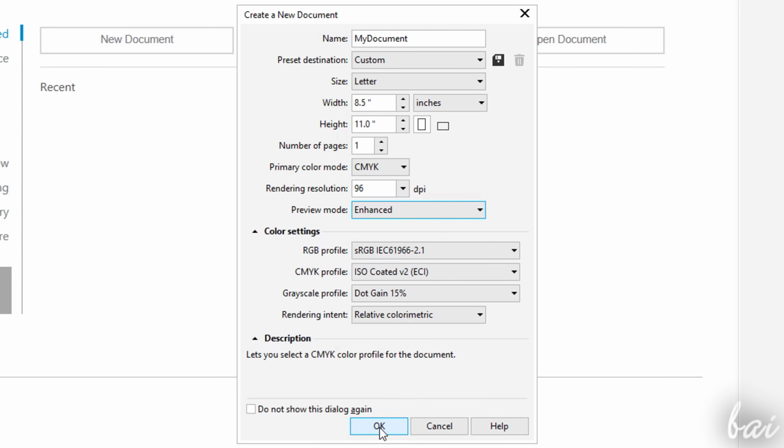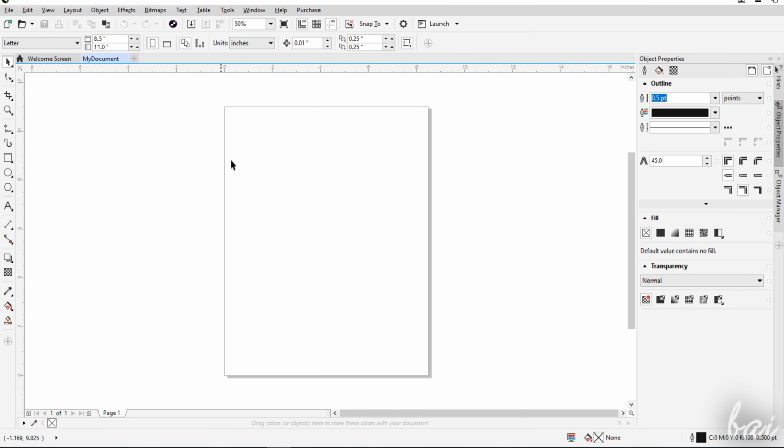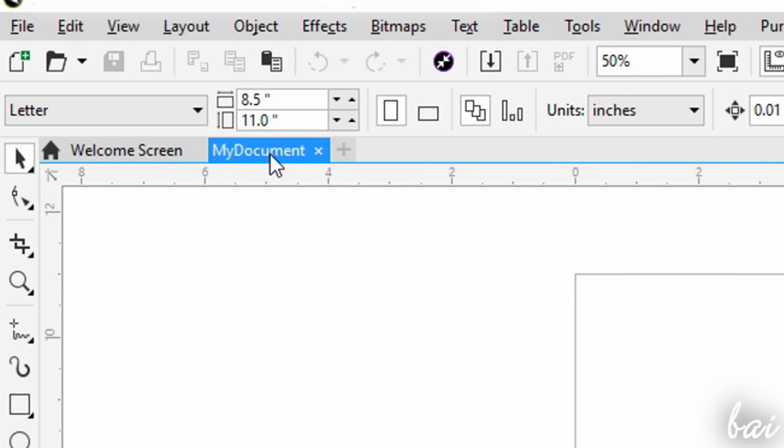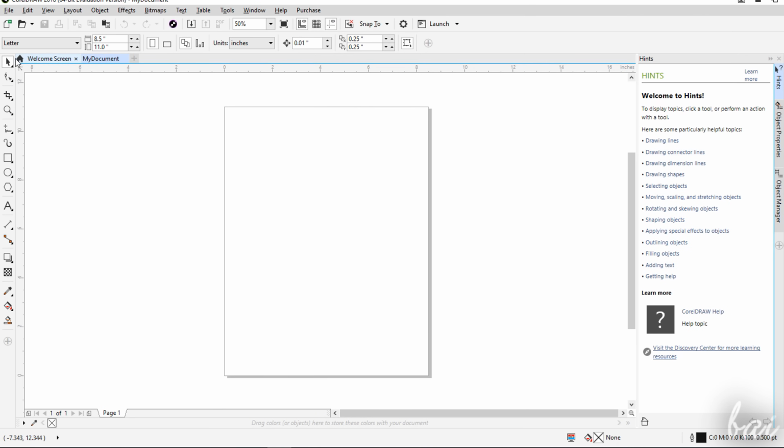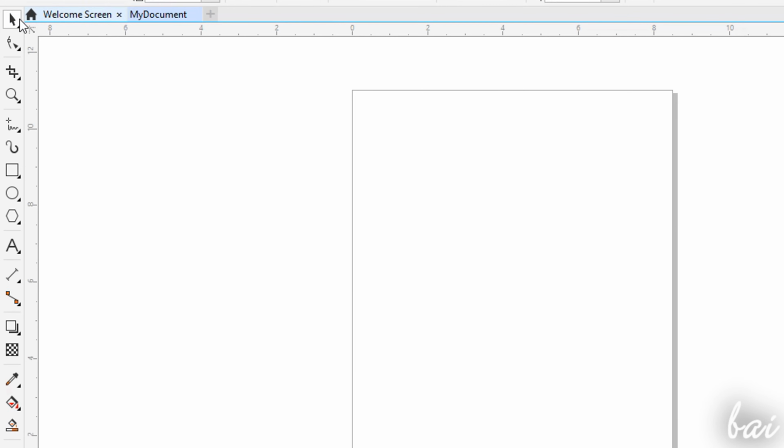When going to OK, the new document shows up on the workspace under a new tab with its name on top. All the main features are collected around the big document preview. On the left, you have the toolbox with all the main tools available inside CorelDRAW, divided in sections. Some of these buttons collect multiple tools inside when they show a black corner. In this case, just click and hold on to choose from the list,